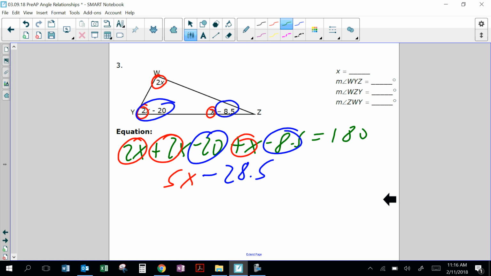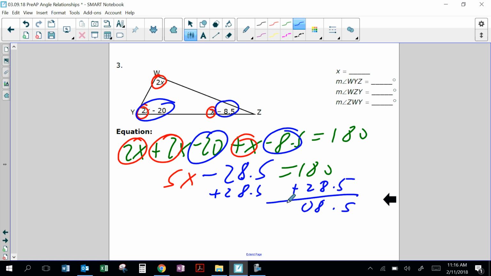And what is it going to equal to? 180. So this is a two-step equation. I need to isolate this variable x. How I'm going to isolate it, I need to get rid of minus 28.5. The inverse is plus 28.5. And this adds up to 208.5, 5x. Then I need to isolate. The inverse of multiply is divide. So I divide this. So x equals